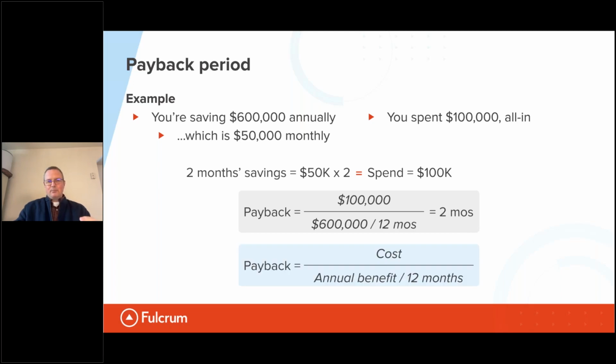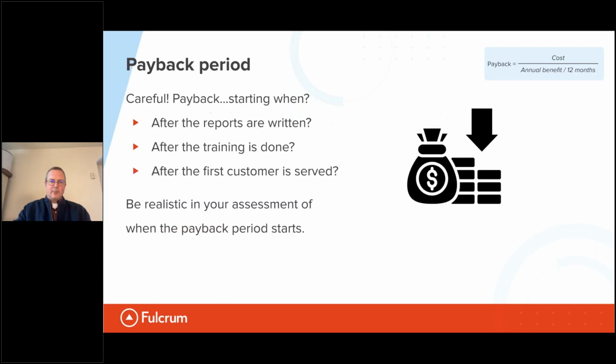So if I abstract that out now and say, okay, so it's my general formula. My general formula is going to be that the payback period is the cost that I've got to spend in order to get what I want, divided by the annual benefit divided by the 12 months. That'll give me my payback period. Now I'm going to take that, and I'm also going to put it in the upper corner, even though I've only got a little bit left to show, because the payback period, again, needs to be thought about